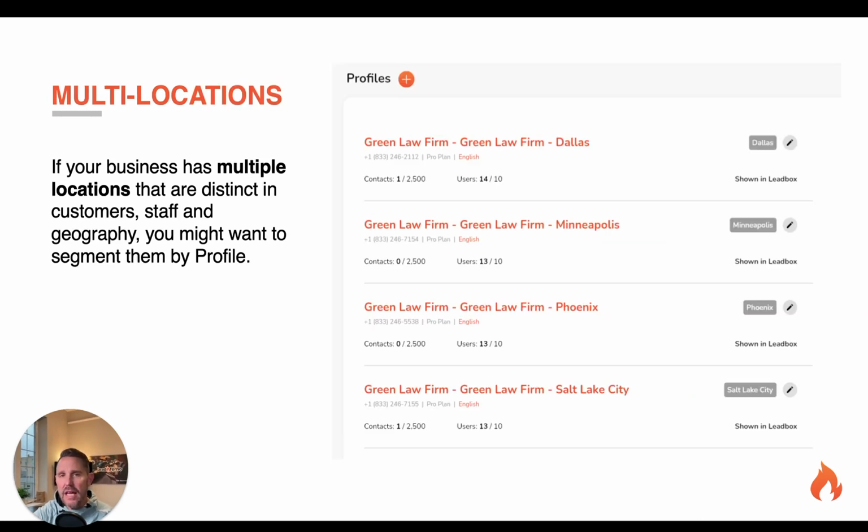So the first use case that's most common is multi-locations. You have more than one location. The staff might be different at those locations. The customers are definitely different at those locations. And so you want to keep them separated, keep that workflow clean based on your business and business type. So with this, you're able to create profiles specific to each location. In this example, a law firm, you can have a profile for your Dallas location, your Minneapolis location, Phoenix, and